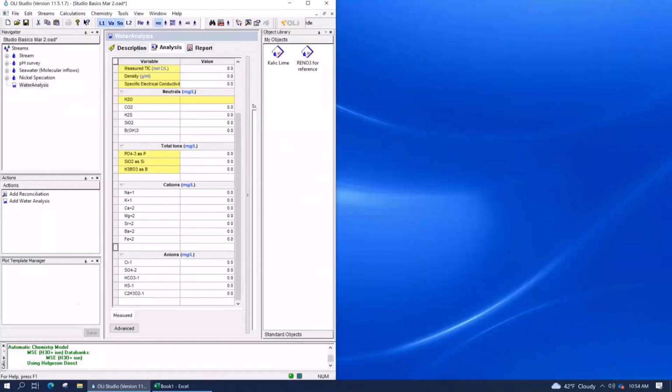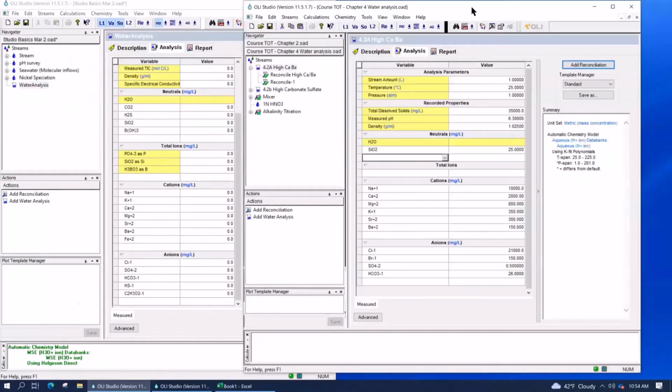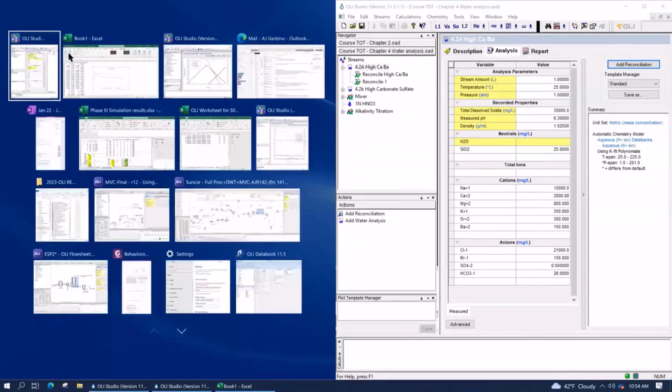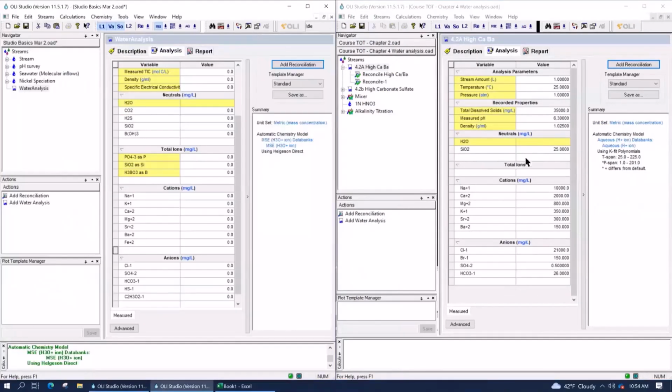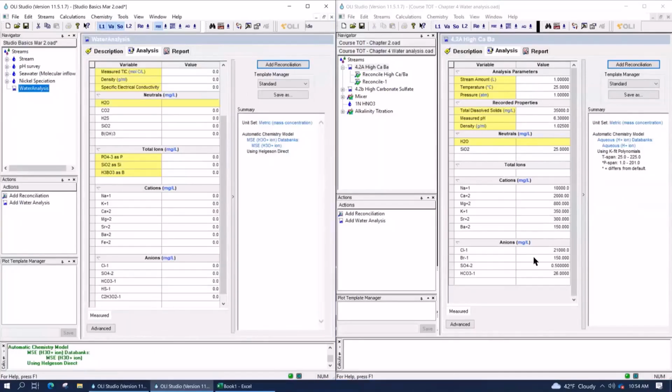I'm going to put this screen over here. Normally I'd have the training manual on the screen instead, but it's easier to show you the original water example. On the left-hand side is your work area, and on the right-hand side is what we're going to enter.